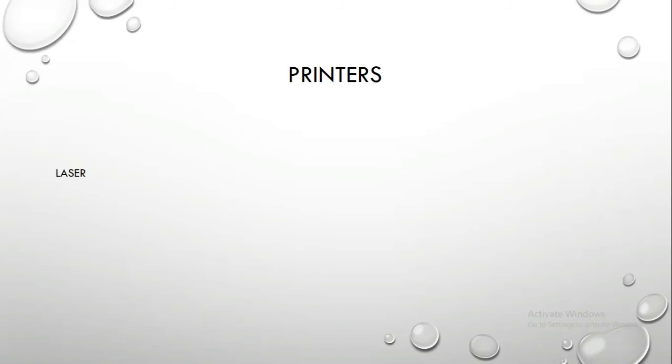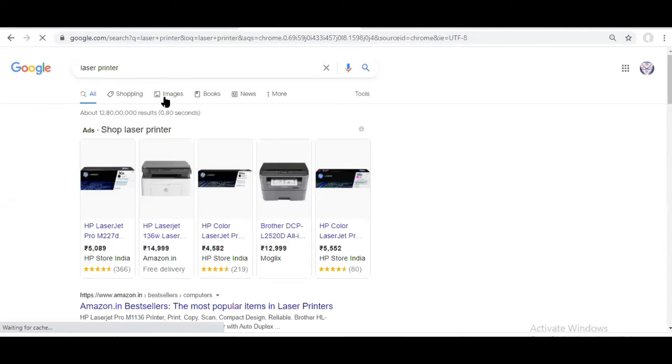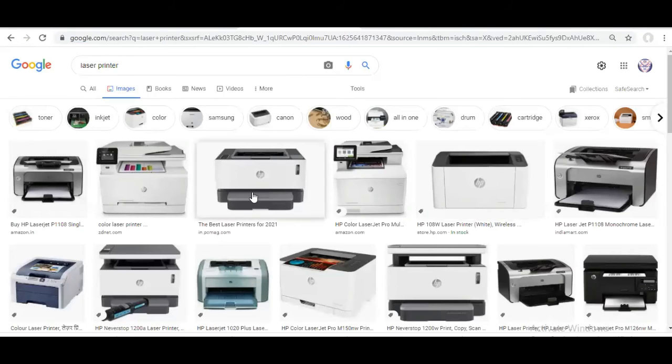Now comes the laser printer. A laser printer gives you sharp images. You can see these laser printers of different companies. What is the benefit? These are more expensive than deskjet or inkjet printers. But why is it widely used nowadays? Because it gives you a sharper image. The quality of images or the printing of text is good compared to an inkjet or desk printer, and